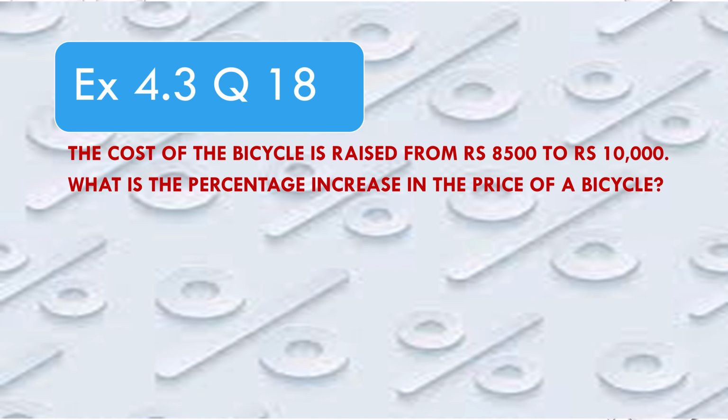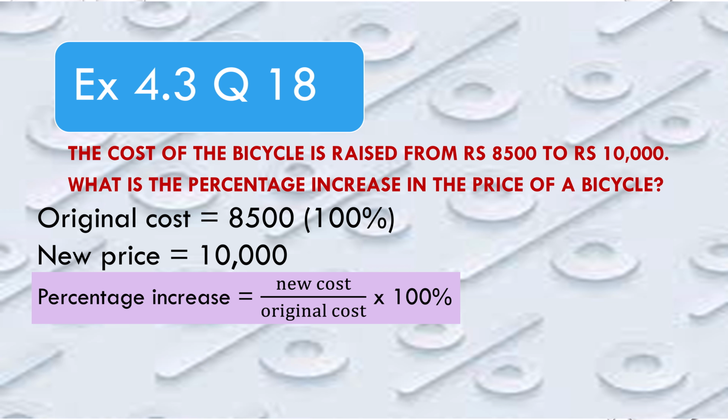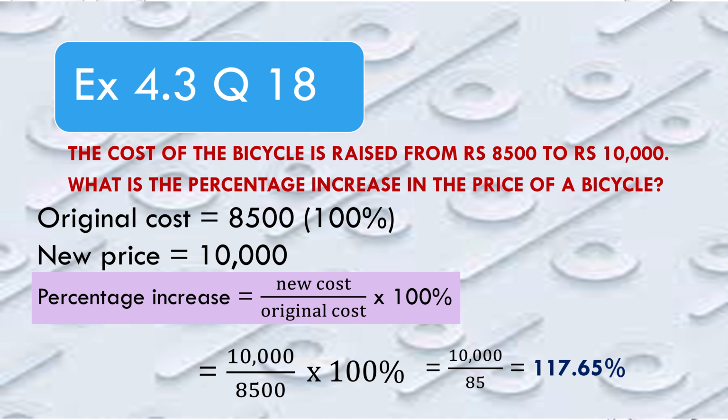This is question number 18. The cost of the bicycle is raised from 8,500 to rupees 10,000. The original price is 8,500 and the new price of the bicycle is 10,000. What is the percentage increase in the price of the bicycle? We have to calculate the percentage. The formula for calculating the percentage is new price divided by original price into 100%. The new price is 10,000 divided by the original price, that is 8,500, into 100%. Cutting the zeros, we get 10,000 divided by 85. When we divide 10,000 by 85, we get